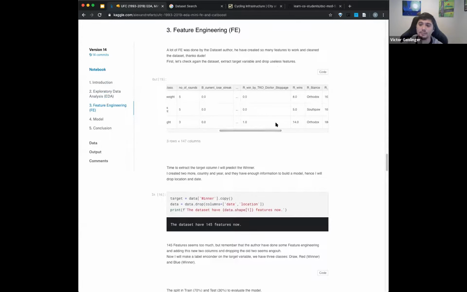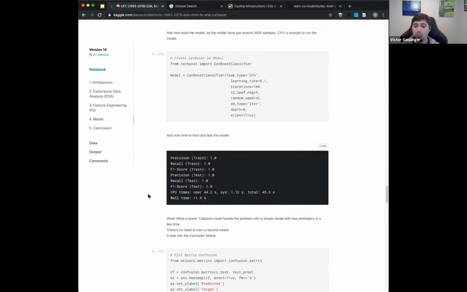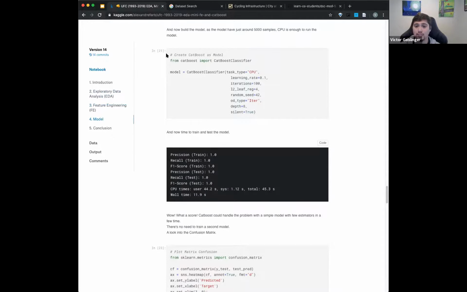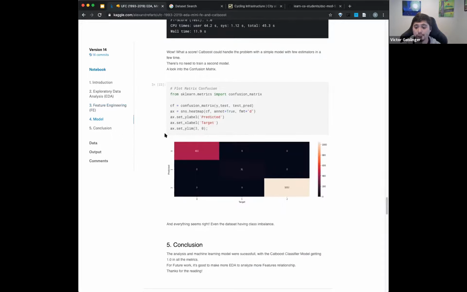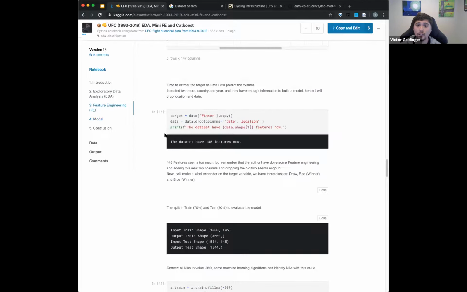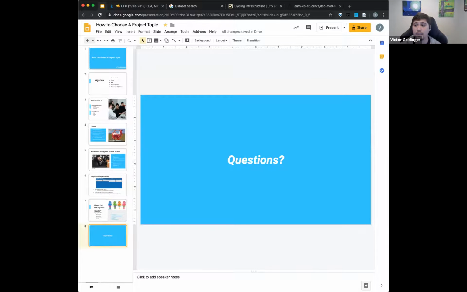And of course, make sure you take that time to think for yourself too and think of what problems and ways you approach this, especially because you're approaching this as kind of a playground kind of thing. But don't feel ashamed or like you shouldn't look at any of the kernels for these data sets. A lot of times they can give some really interesting ways to approach this problem. For example, you can see here is a CatBoost classifier, which we haven't talked about. So you can definitely find some interesting things going through here. Okay, cool. Any overall questions about this project, finding data and all that stuff?